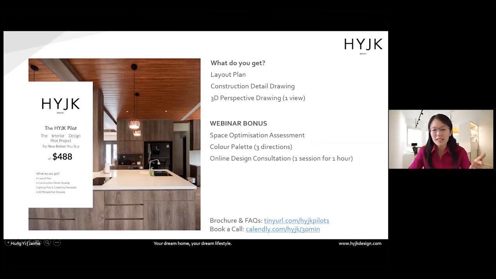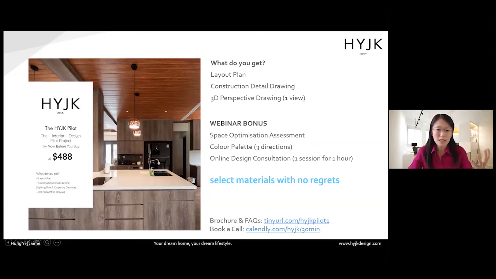And an online design consultation, for items above and beyond the scope. So if you're doing up your living room and you want to consult about materials for your bedrooms, this will be the free consultation that's part of this package.